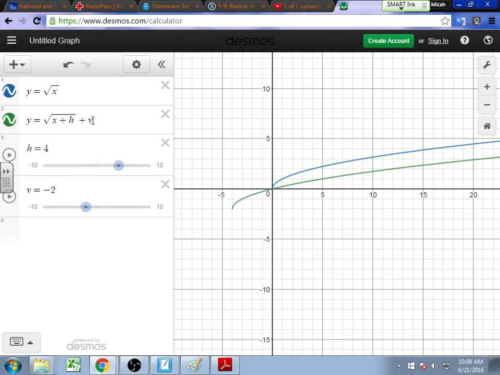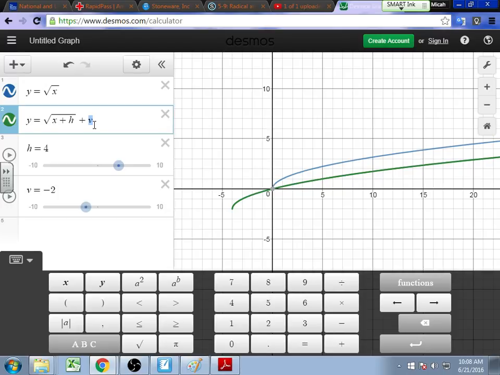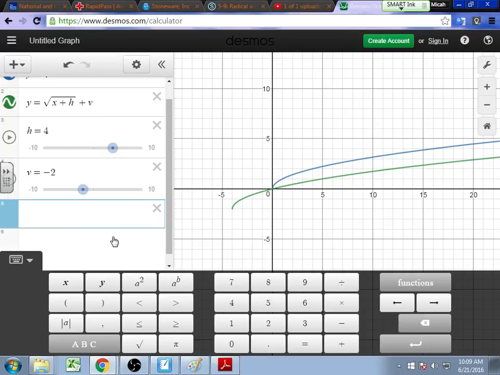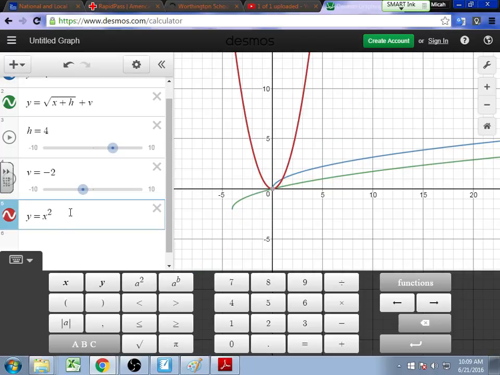So when it happens outside the function, it does what you think it's gonna do. When it happens inside the function, it's the opposite of what you think it's going to do. Or inside like the parent, whatever it is. So that's the same thing when we get to parabolas, and this is kind of further than what you care about. But when we do graphs where we square things, if I do something inside of here,